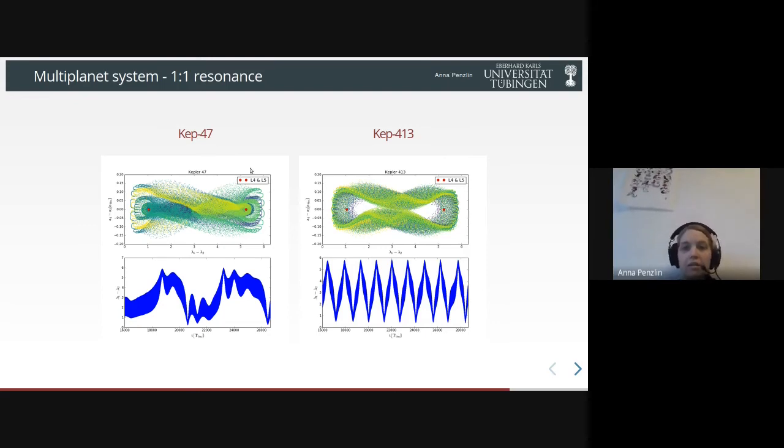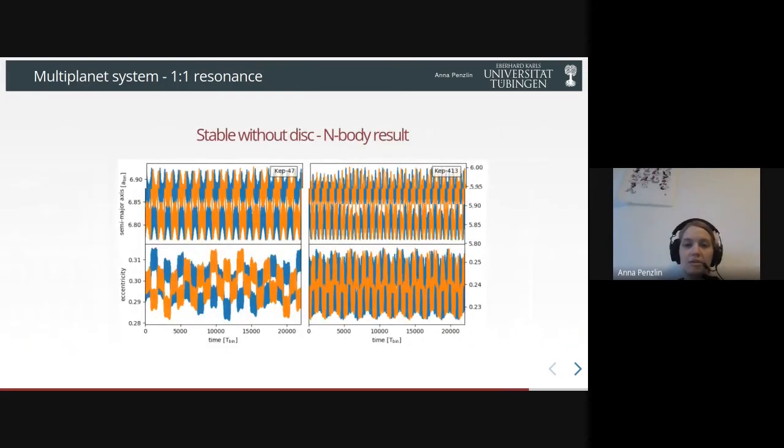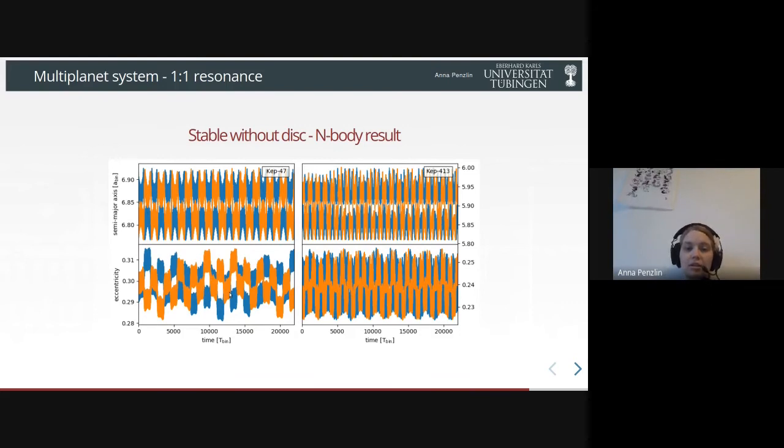And this is now all the data for a hydro simulation. But what happens now if we don't have a disk? Because as we have seen before, these two planets in one-to-one resonance exist as long as there's a disk, and they also precess with the disk. So if we don't have a disk, we can just continue that. We continued the same simulation, but just with N-bodies. So we took out basically all the gas, or just put it into an N-body code and let only the N-bodies continue running. And what we found was